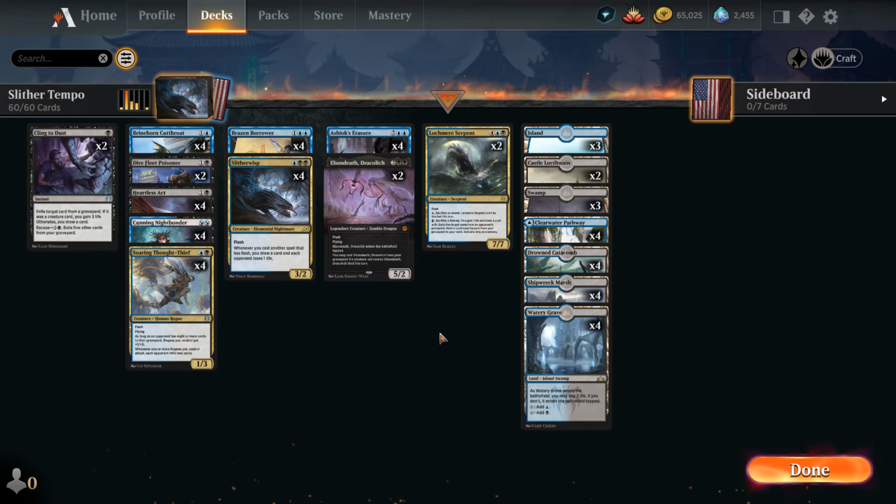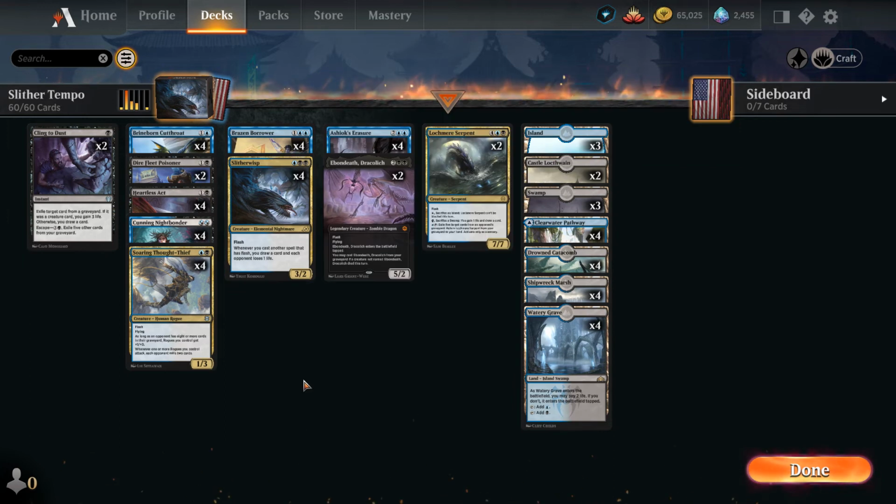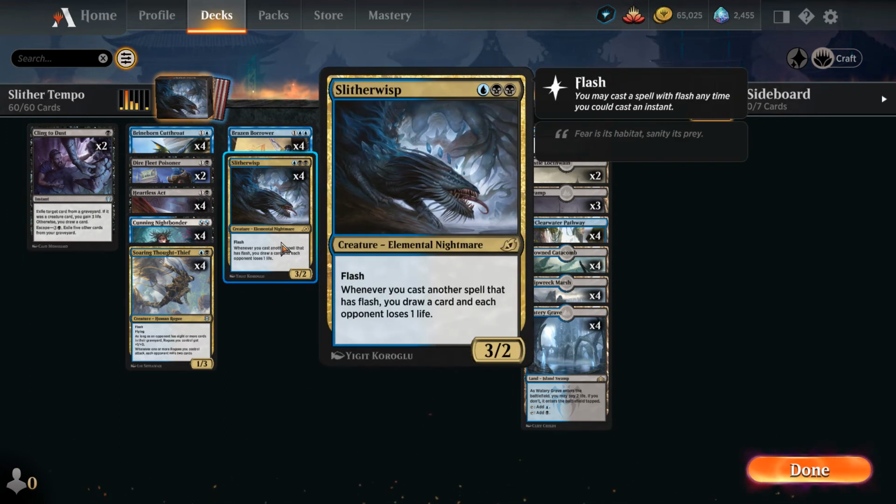Good morning, everyone. So, the deck that I'm going to be playing today is Blue Black Flash. The core of the deck's built around Slitherwisp, a very, very powerful card. Unfortunately, not all the other Flash cards to go with it are all that powerful, but it can be a very tempo-y deck. So, for our card advantage engine, we have our Slitherwisp,